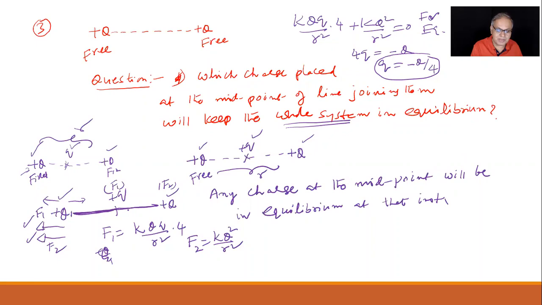Minus q/4, if you move it, what happens? Look, these charges also move. They won't be remaining there, isn't it? Previously plus q were fixed, children. Now they are free. So the moment you move this, the other things also move. Of course, in terms of energy we need to talk, but still that's enough to say that it's unstable.